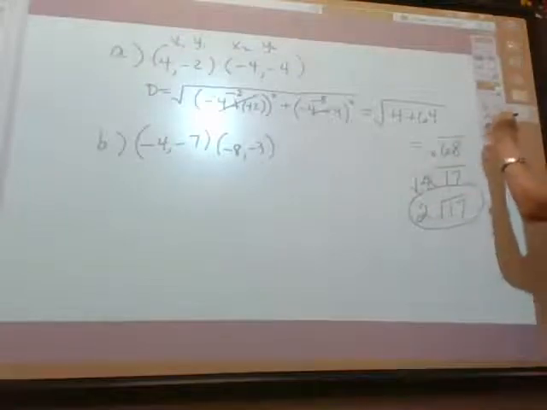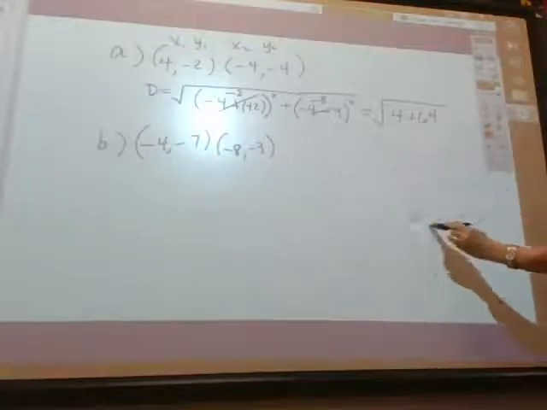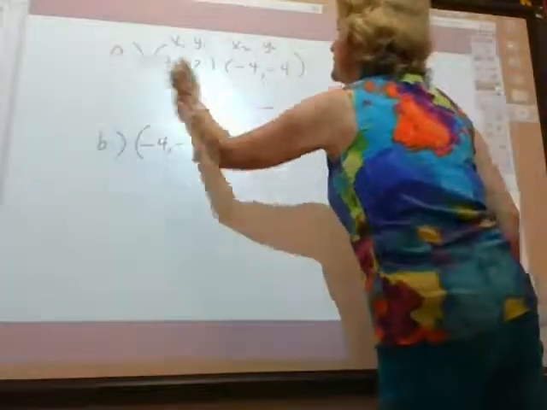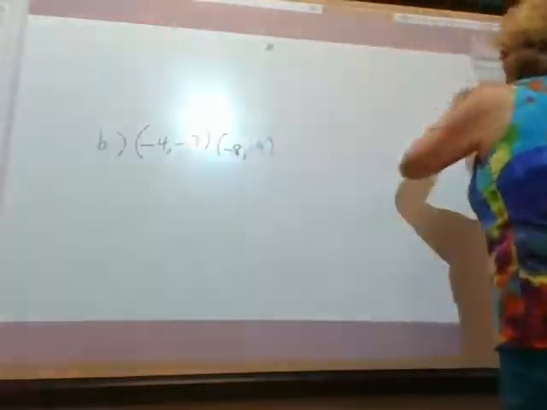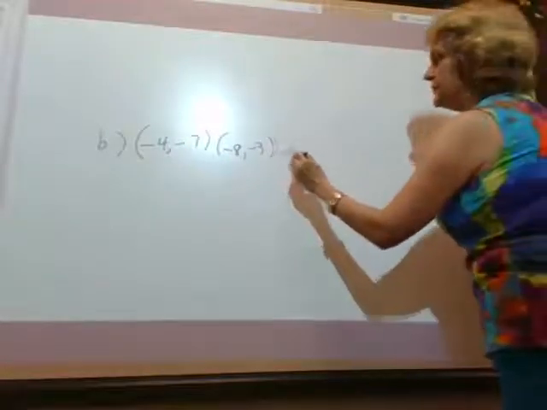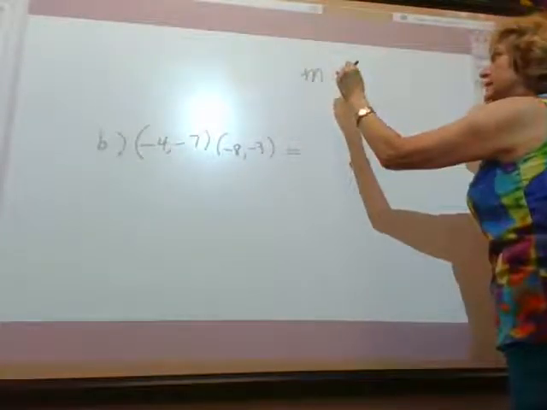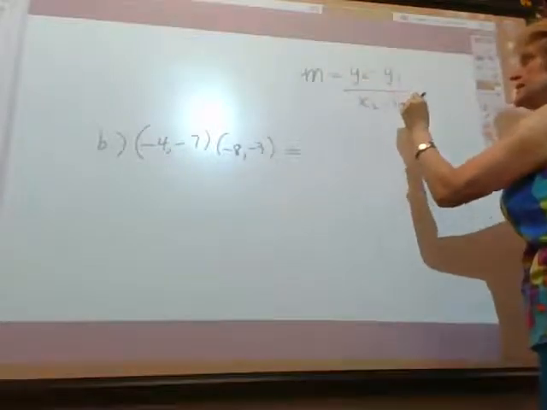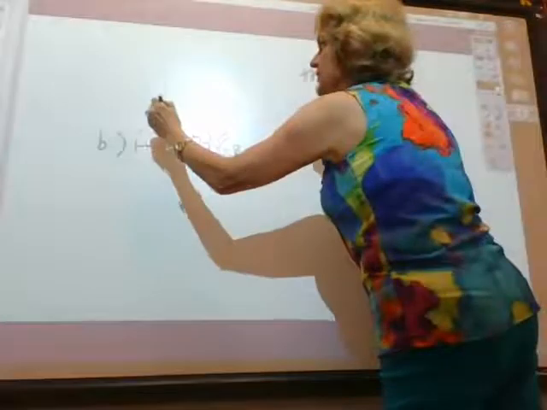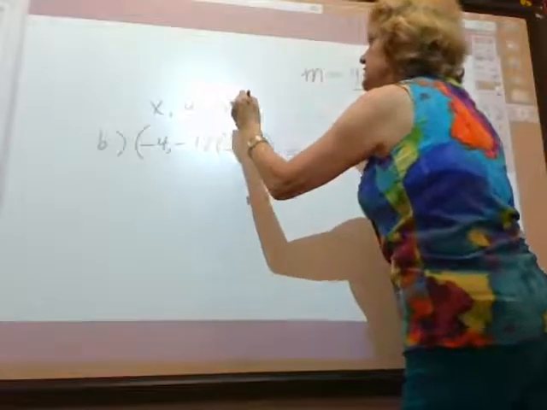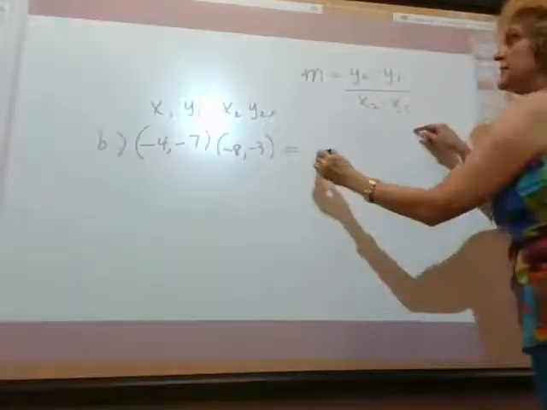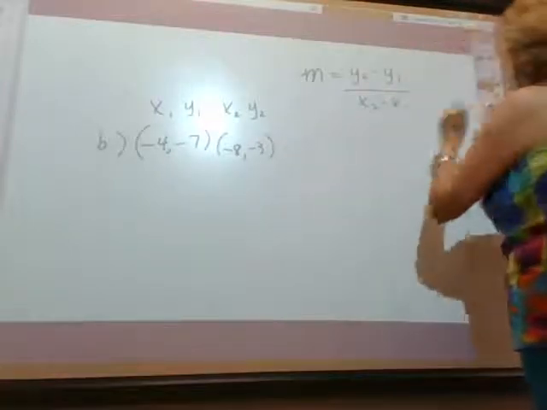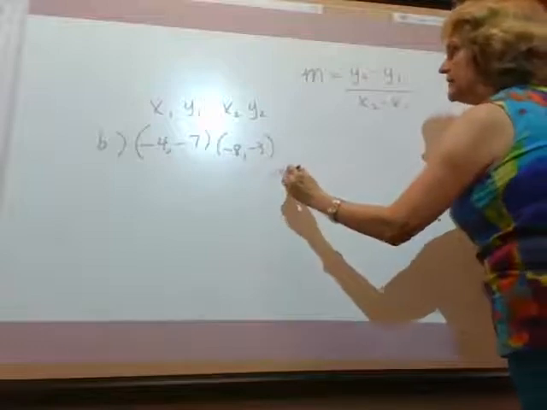All right, so let me work on practice B. In practice B, we're just going to find the slope. So we're going to plug into m is y2 minus y1 over x2 minus x1. All right, so x sub 1, y sub 1, x sub 2, y sub 2. So slope, I shouldn't say equal here, I'm going to say m equals